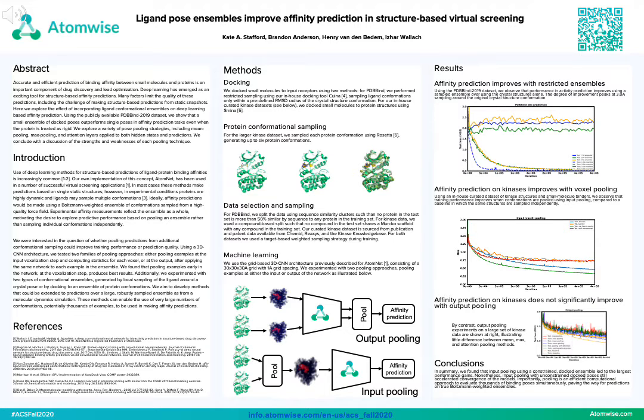But as a first step in proof of principle, we sought to explore the quality of predictions on smaller ensembles. We considered two types of ensembles, one generated with local sampling of the ligand around a crystal structure, and one generated by sampling the protein as well. We experimented with multiple pooling methods and found the best results when examples are pooled during the voxelization step, creating an atomic density-like representation from multiple sampled conformations.